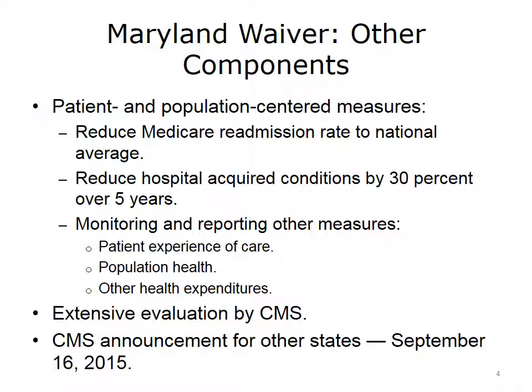Maryland and CMS just published the results of the first year under the waiver in the November 12, 2015 issue of the New England Journal of Medicine. Hospital costs actually only went up 1.47% versus 3.5%. Medicare has already saved $116 million out of the $330 million promised, and hospital-acquired conditions have dropped by 26.3%. Based on the promise of this model, CMS announced on September 16, 2015, that other states are interested in implementing this model.